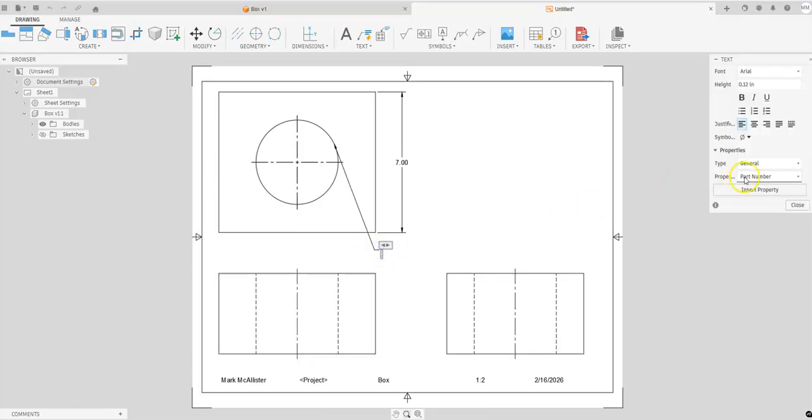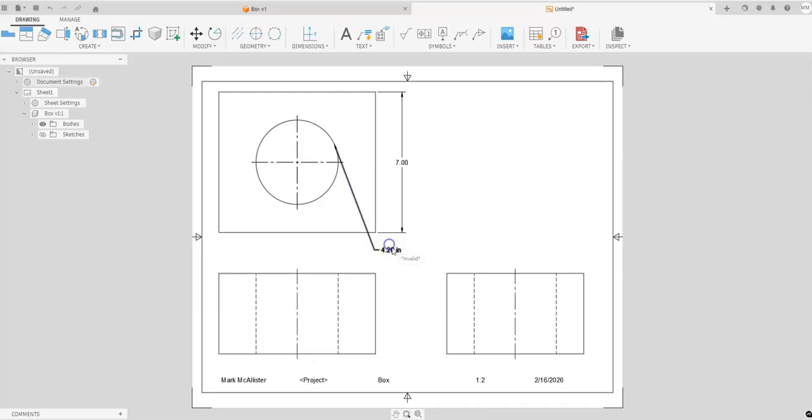And when this pops up, the type here can be a parameter. And when I go to parameter, right here it says box depth. I want that to be my hole diameter. I'm going to click on hole diameter and go to insert property. And it automatically will give me that. Now, if just by some chance you're doing a different kind of design and you wanted that to be the box height,